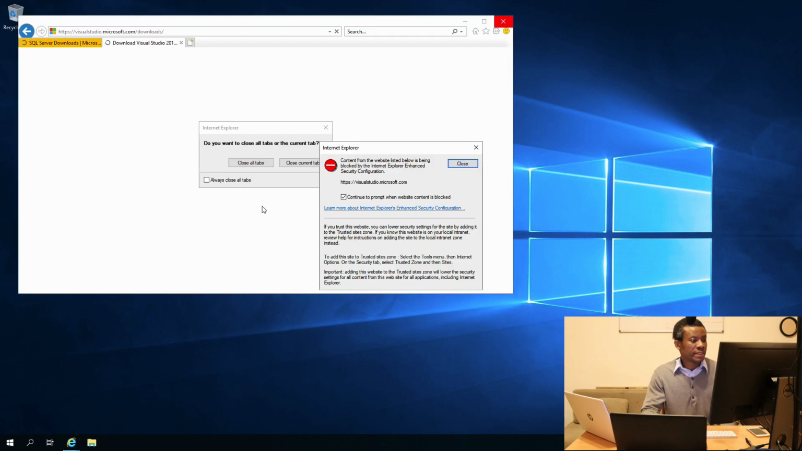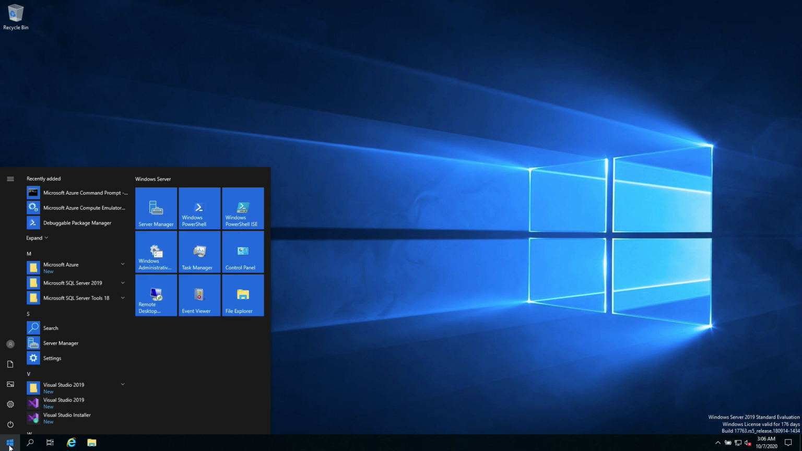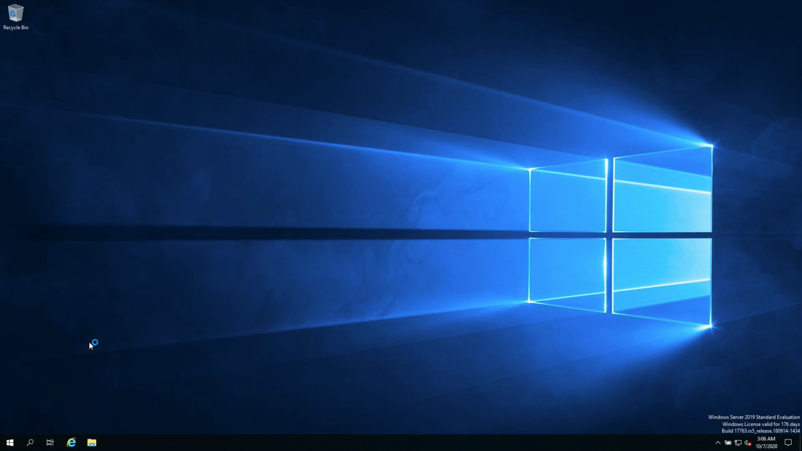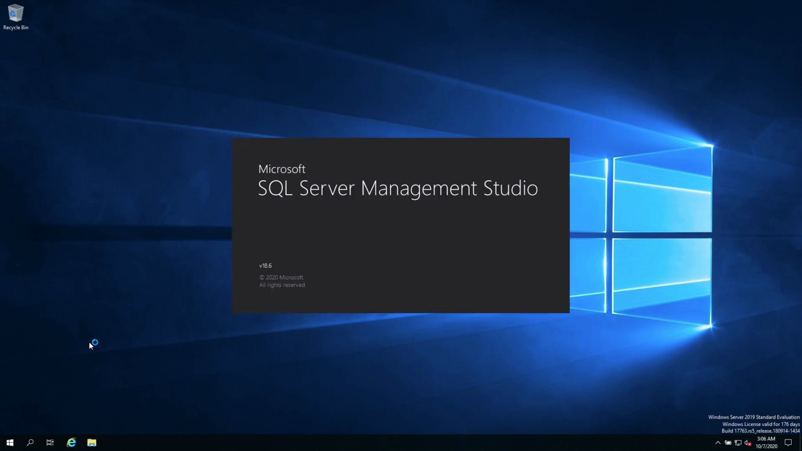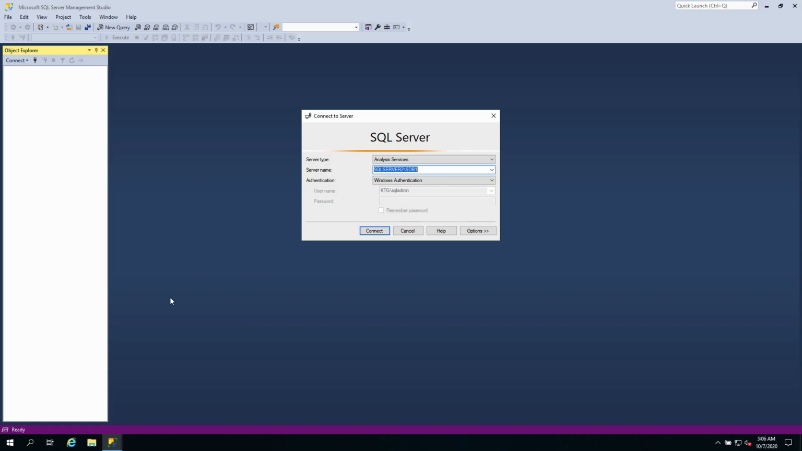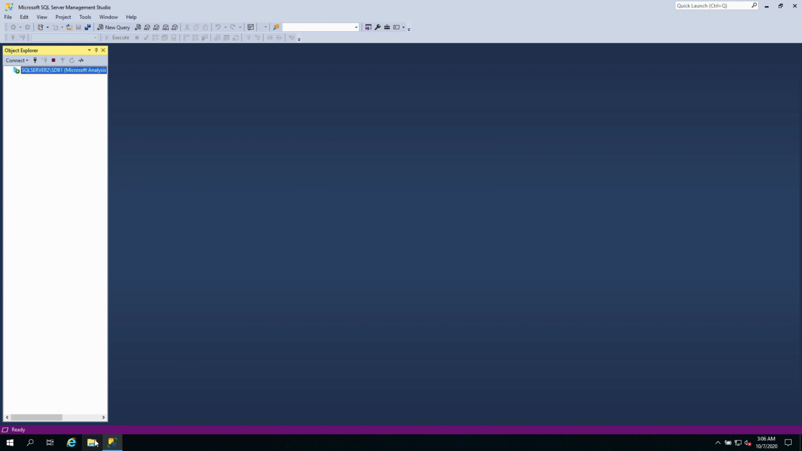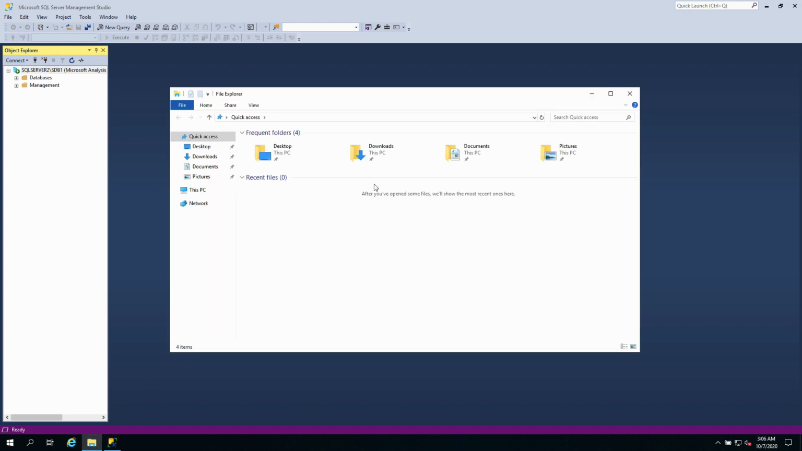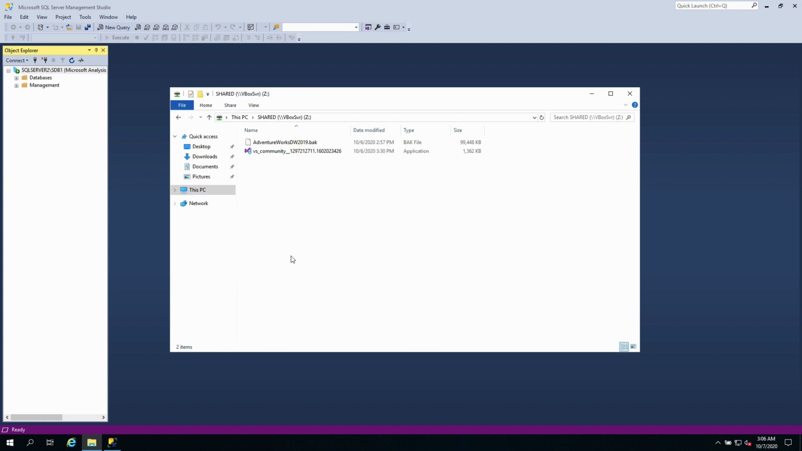So let me close this. Alright, so I'm going to open Management Studio, and I'm going to restore the AdventureWorks DW database. I'm going to connect, and first let me just take this AdventureWorks. Let's just make sure we have it right here. So we have it right here, AdventureWorks DW 2019,